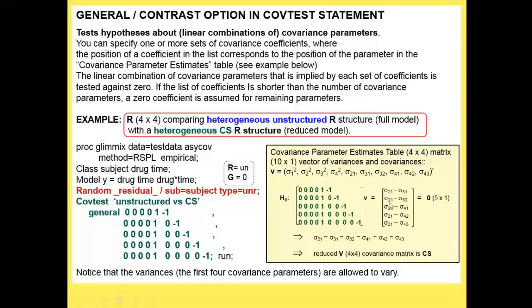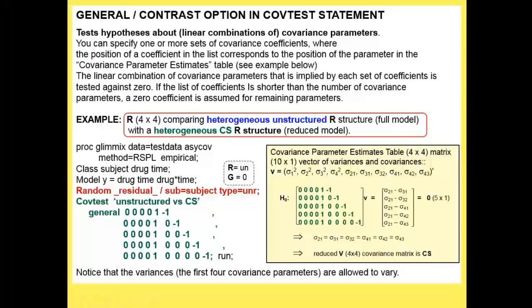That's the null hypothesis. And if you just look at it, if sigma 2 1 minus sigma 3 1 is equal to 0, that means sigma 2 1 equals sigma 3 1, right? If sigma 2 1 minus sigma 3 2 equals 0, that means sigma 2 1 equals sigma 3 2. But if those two statements are true, then all three are equal, and so on. So what this matrix product actually winds up doing is it specifies a null hypothesis, which basically says that I've got independence. I'm starting with unstructured, and I wind up saying that all the variances are equal, all the covariances